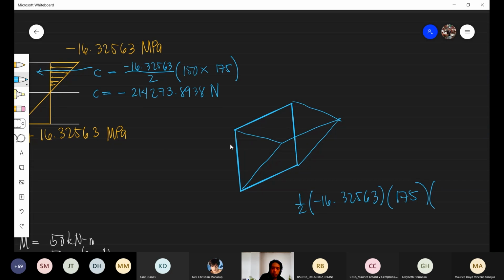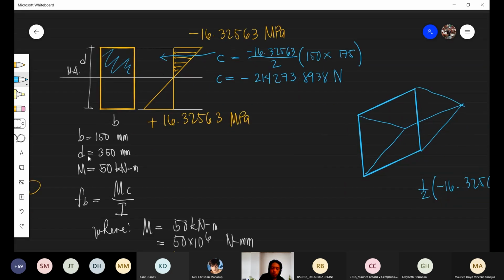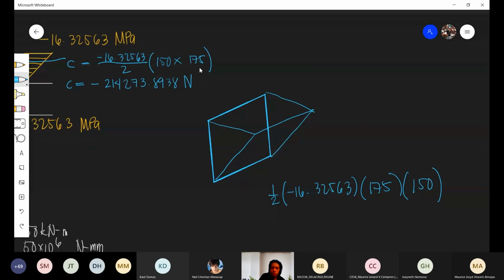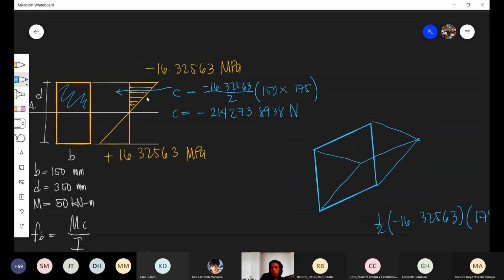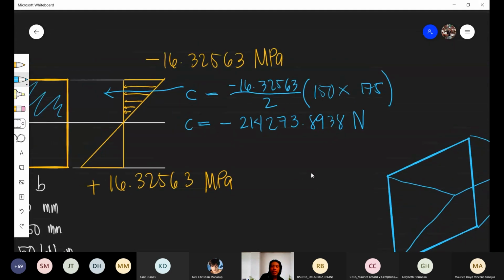And that is the distance B, di ba? Yung B mo is 150. Pareho lahat. 150, 175, tapos ang 16.325 over 2. So the result is still the same, negative 214,273.8935. So kung baga kung nalilito ka na, i-drawing, i-3D, tapos volume ito, an equivalent